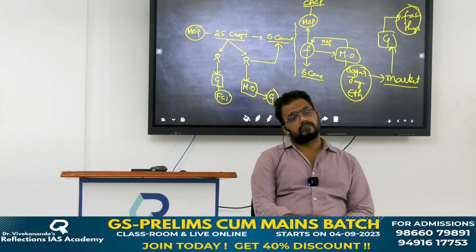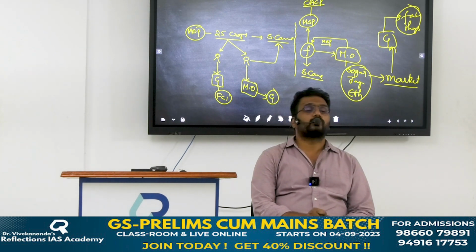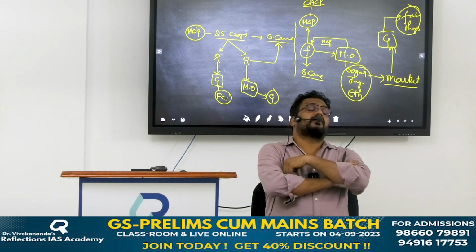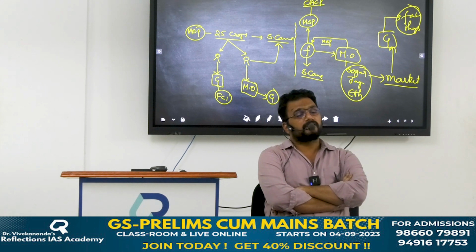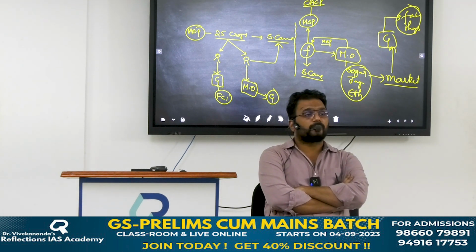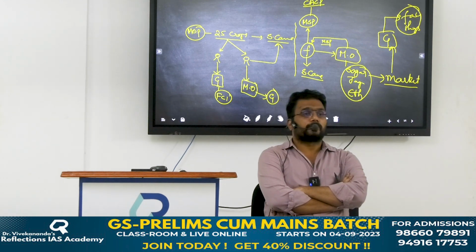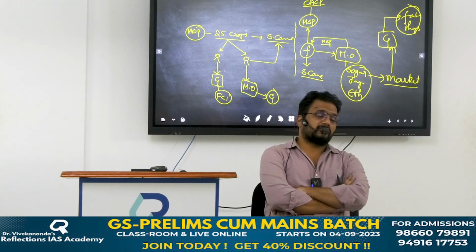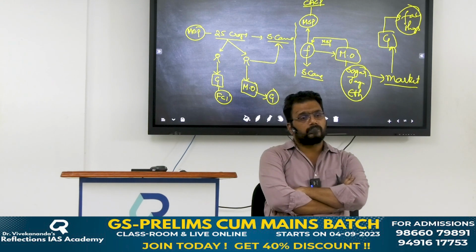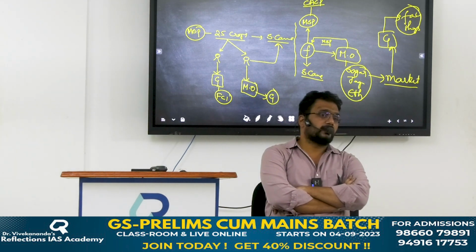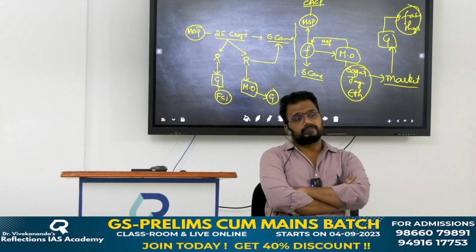Prices set chese varaku central government will be there, and those will be sold in the market, and from the market it is basically procured by the state government. State government procure cheskoni they will sell to the poor people. PDS system lo they will sell, migita store cheskuntaru, migita exports cheskuntaru. They'll buy from the market.